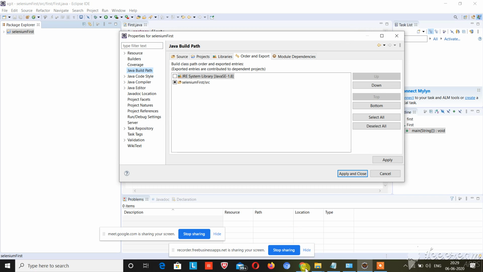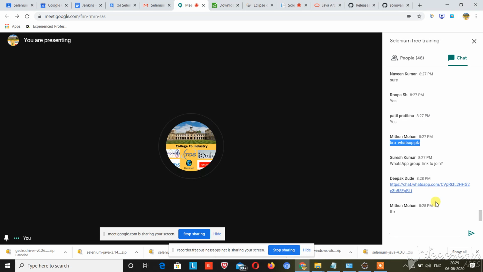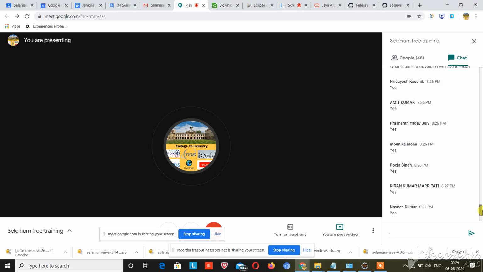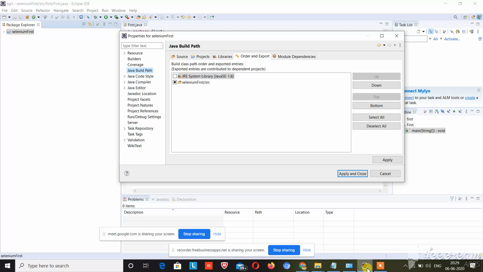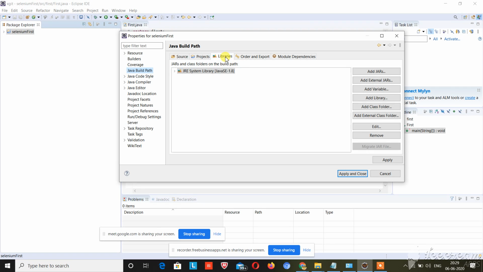Okay guys, have you done this? You just need to click on this Java build path, and after that this pop-up will open. You need to click on libraries, and after clicking on libraries, here you will see add external jars.